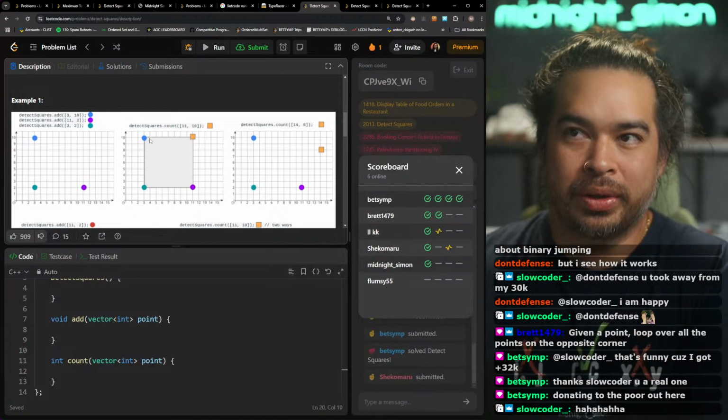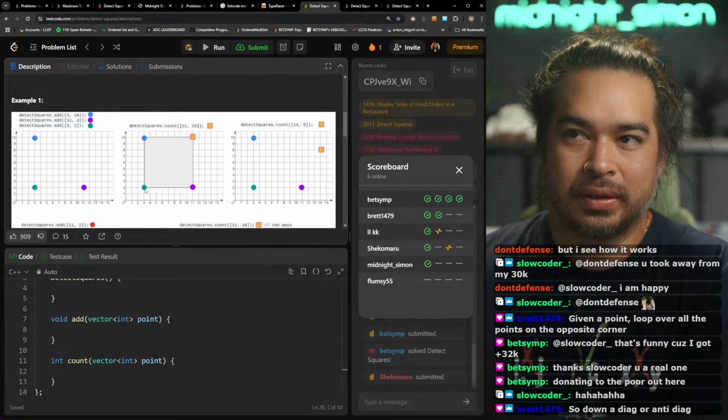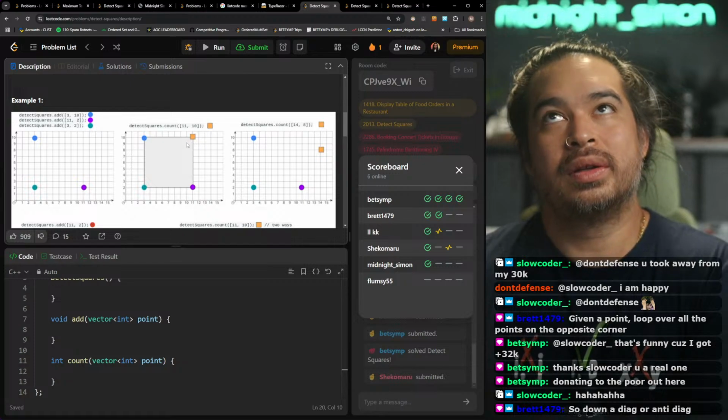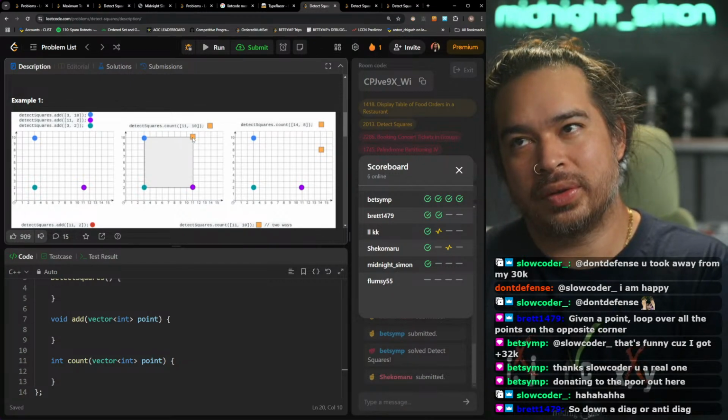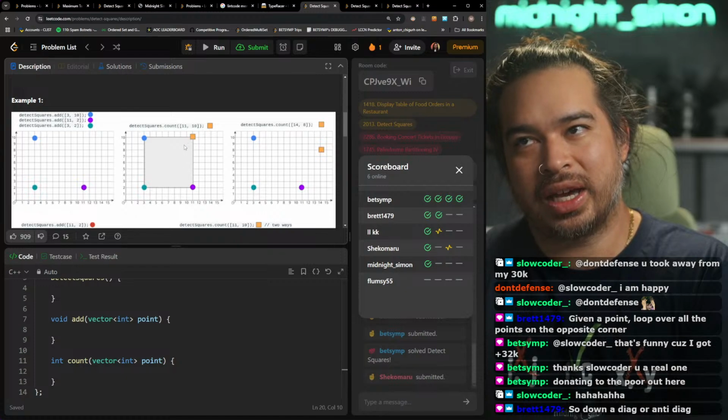All right, how do I know what the opposite corner is? So down a diagonal or anti-diagonal? So you mean brute force, like check every possible opposite corner?